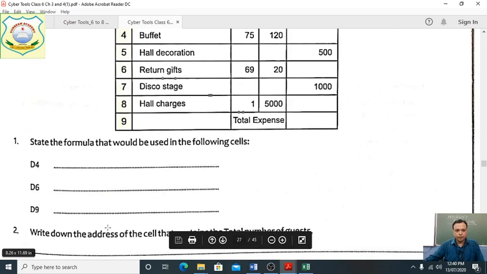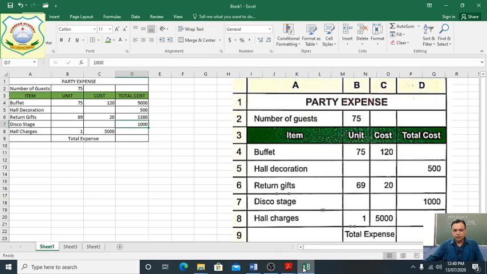Clear, students? Next one, D9. D4 we have done, D6 we have done, now D9. This is D9, not D8. It means we will find the total cost. Before that, we will see whether all the total cost columns are filled or not. Buffet, the total cost is filled. Hall decoration is filled. Return gifts also filled.